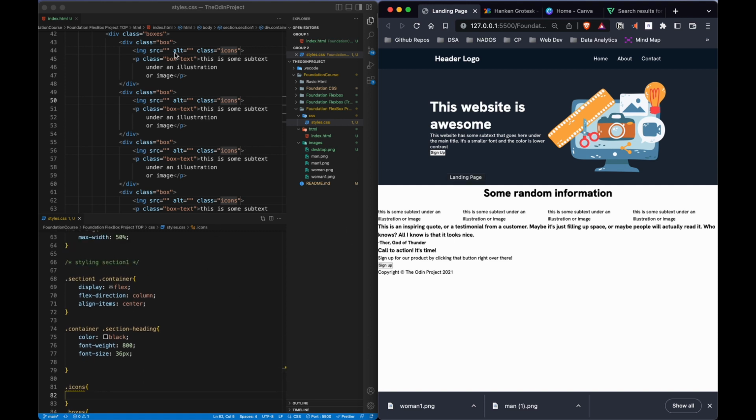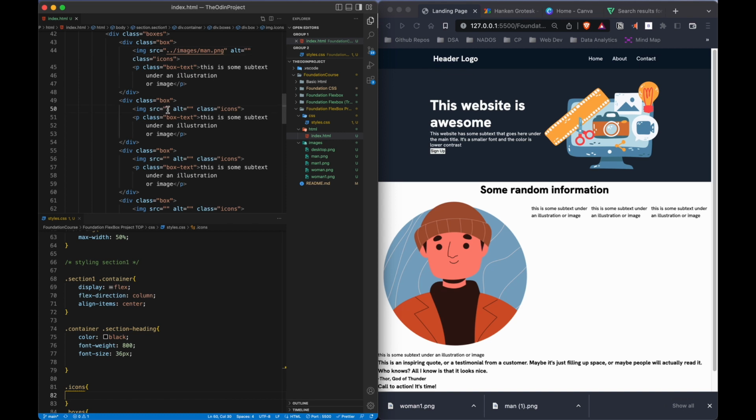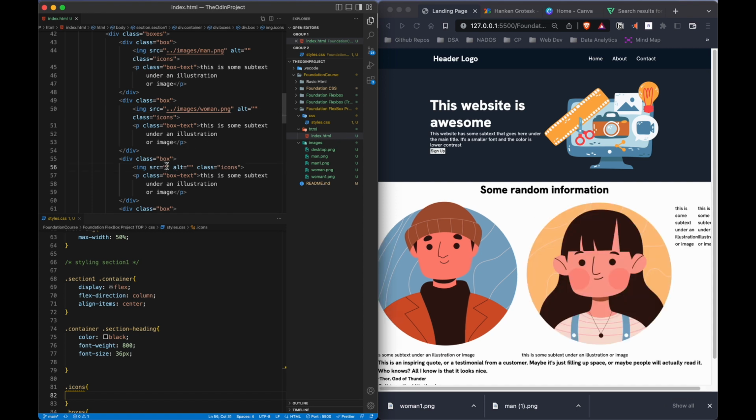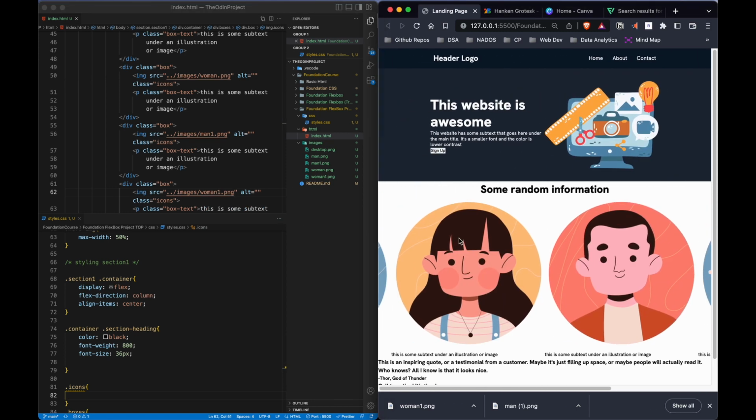So now let's come and inside the image, let's add images. Man, let's add just add images. Woman, images, add man 1, and inside this let's add images woman 1. Icons,